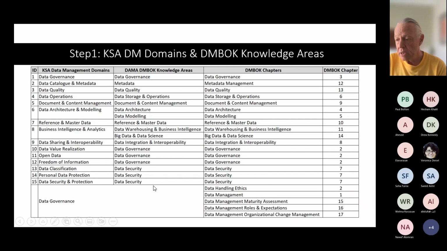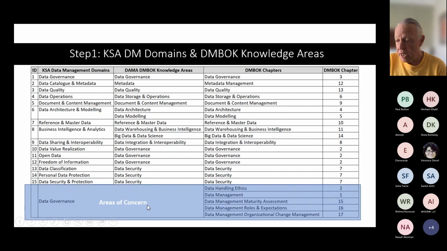This is my original mapping. And here's where I said, I've got some concerns here. For example, data handling ethics. Where is the domain on data handling ethics? Now, where we've got to be careful is we've got two approaches. One is we can actually distribute data handling ethics across those 14 domains. For example, in BIA, we would have all the AI stuff there, but there's a lot on ethics that brings everything together, and corporate policies for ethics, and it's quite hard to deal with independently.